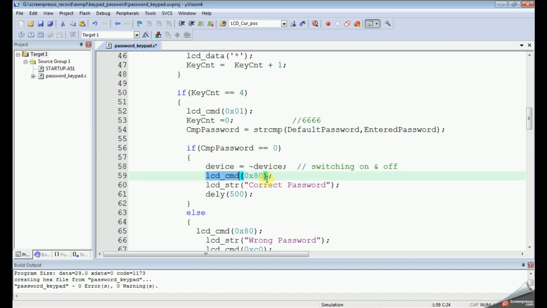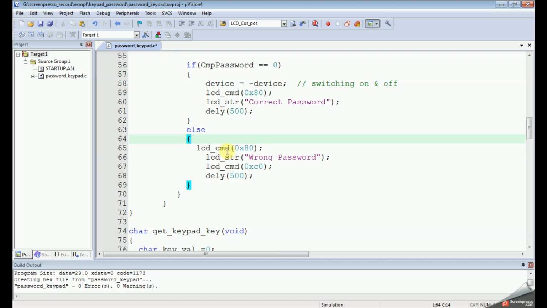And there is an LCD command to display in the first row. We have to display whether the entered password is a correct password or a wrong password. So I'm displaying correct password, and there is a small delay here. If the user entered a different, wrong password, then this value will be other than 0, so it will come to the else part. Now the LCD value is 0x80, so we display in the first row: wrong password.